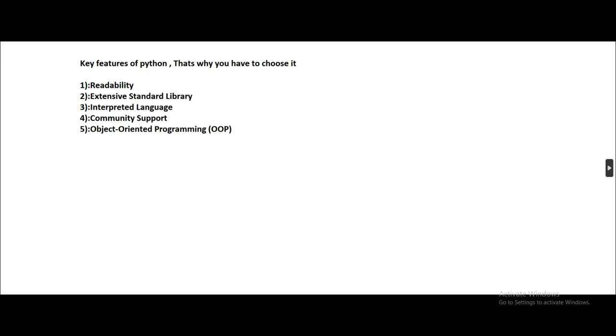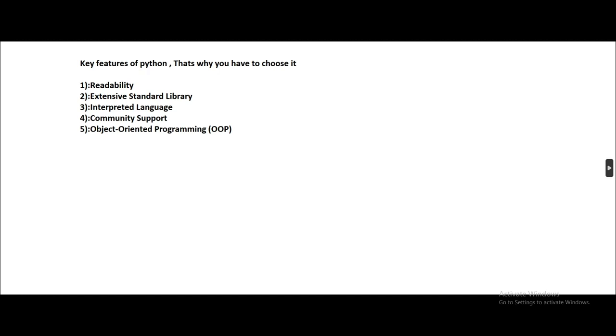Also, the second key feature is the extensive standard library. Extensive standard library means Python comes with a comprehensive standard library that includes modules and packages for various purposes, allowing developers to perform a wide range of tasks without writing additional code.